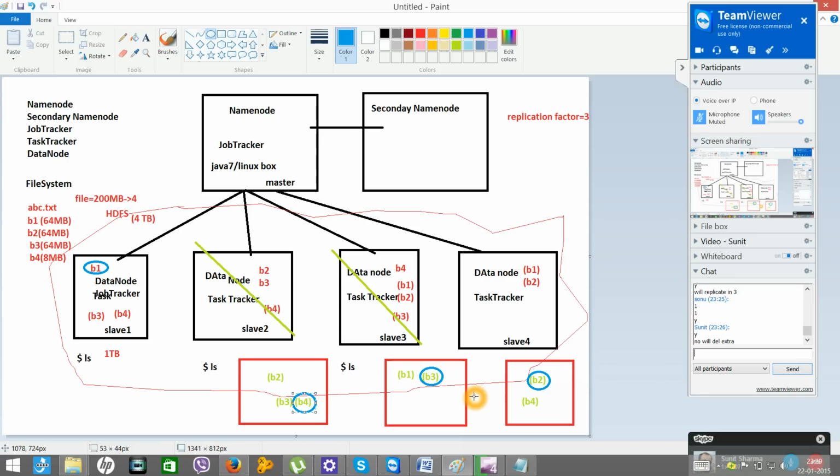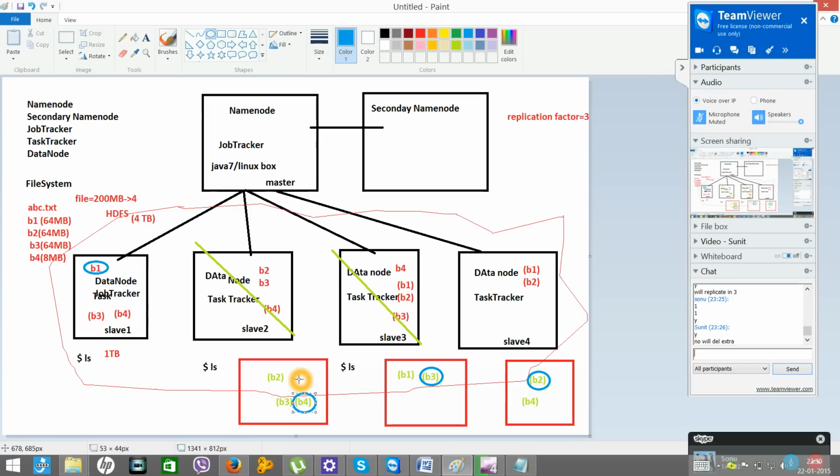Now at that time, let's say this node processing B4 started reacting very slowly, or is not responding. Not responding means I'm not saying that it went down completely, but it started taking a lot of time to complete the work.